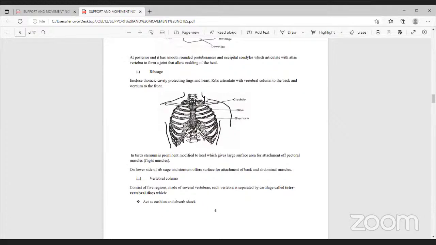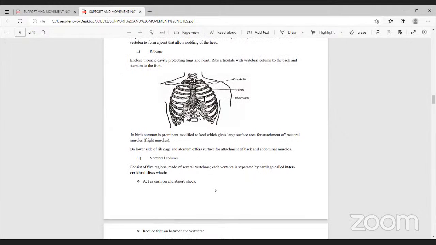You talk about adaptations of the rib cage and the sternum to its functions. That one can be another assignment of the day. The other bone